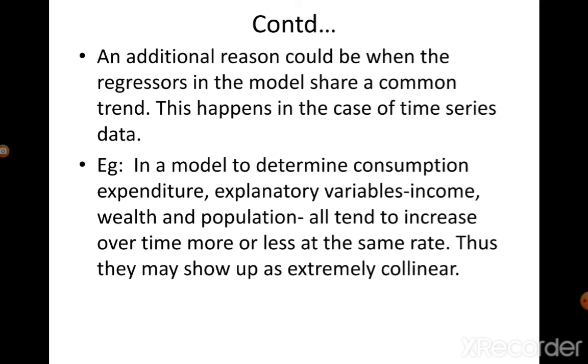However, in time series, income, wealth and population all seem to have the same trend, that is, they increase at almost the same rate over time. So automatically these 3 x variables will show up as being extremely collinear. So the fact that this is time series data where they share the same trend can be a source of multicollinearity among